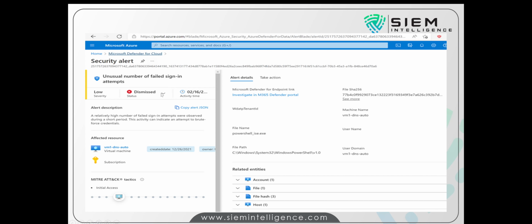If I click here, I have options to close, change to active, inactive, dismiss, or close. There are a lot of statuses. So I can see some higher-level approaches, like the entities and the evidence, in this area. Okay, so this is how Azure Sentinel looks.